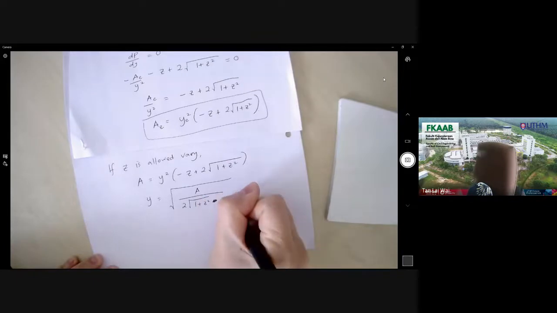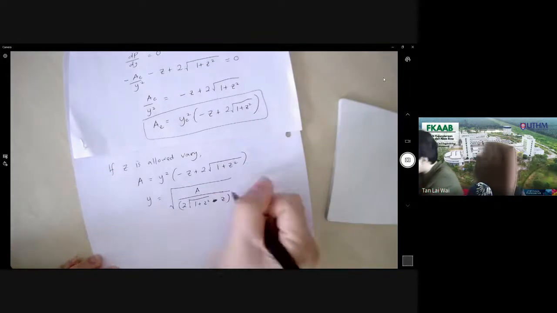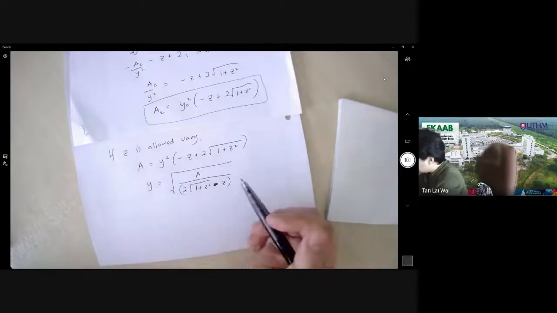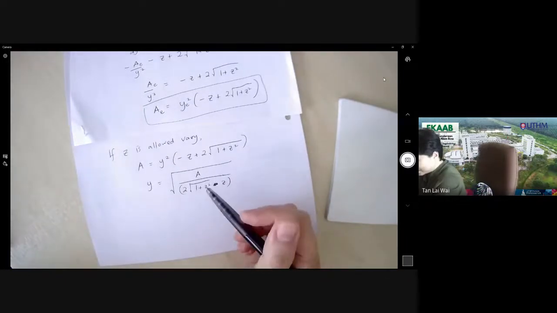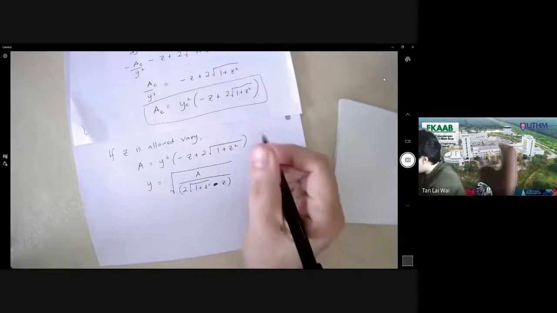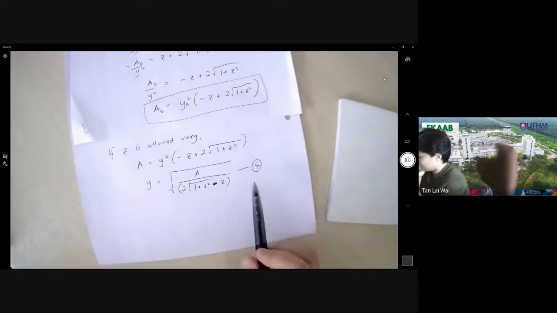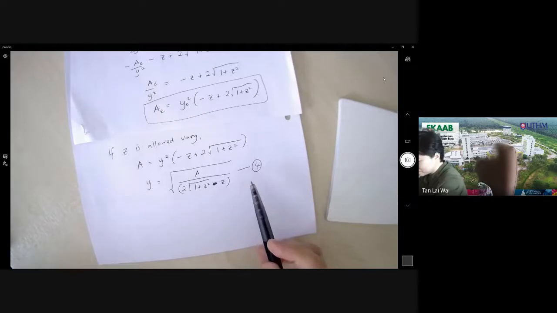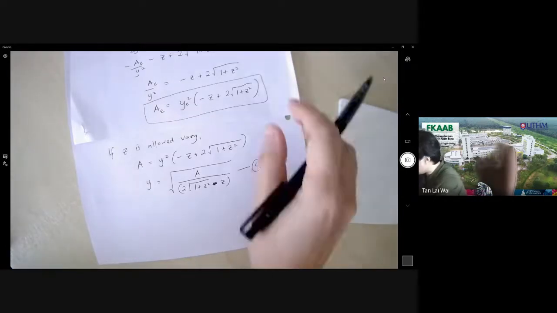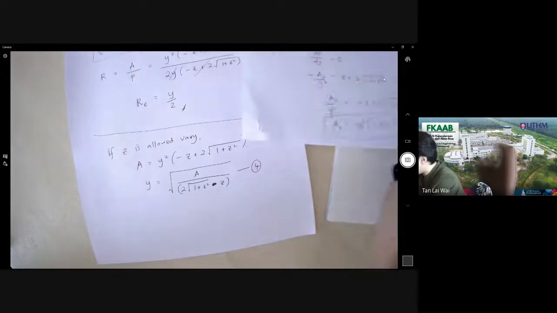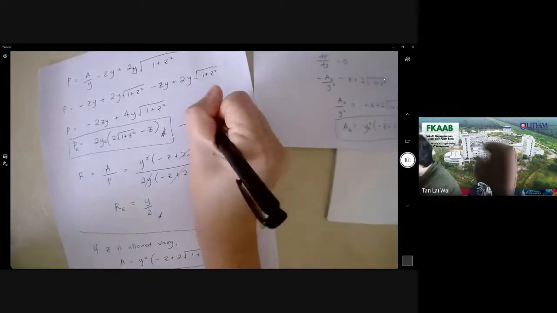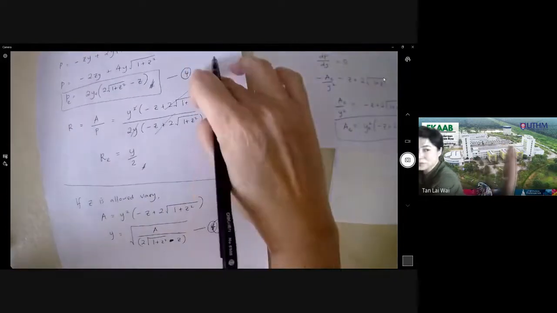Sorry, this is negative. Okay, so you have that. What I'm going to do is substitute this. Let's put this as equation 4. I'm going to substitute this into P, into this formula here. Again, I'm going to put this as 5. So, substitute 5 into 4. Okay, so I'm going to have